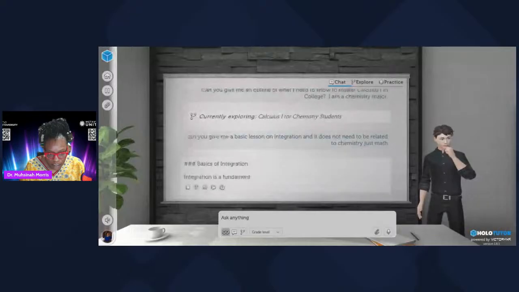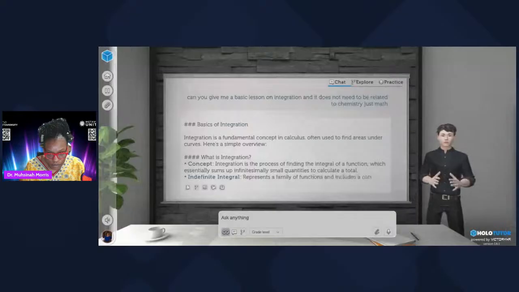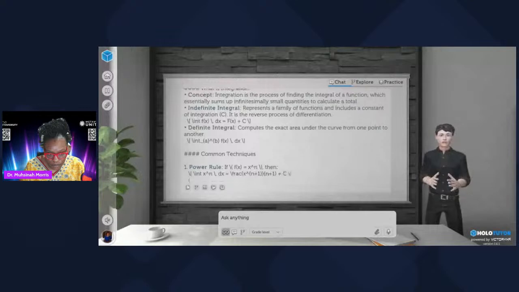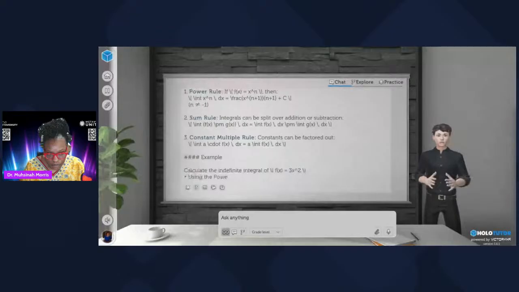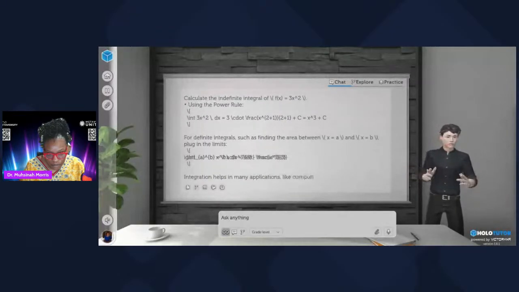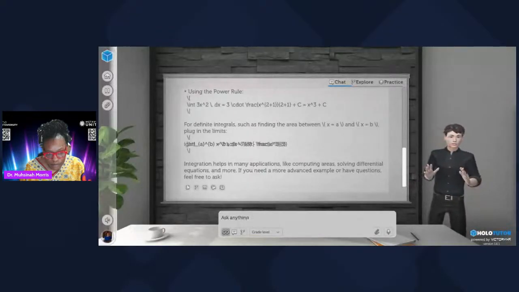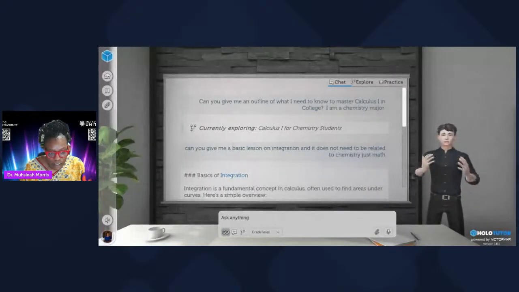Basics of integration. Integration is a fundamental concept in calculus, often used to find areas under curves. Here's a simple overview. What is integration? Concept. Integration is the process of finding the integral of a function, which essentially sums up infinitesimally small quantities to calculate a total. Indefinite integral represents a family of functions and includes a constant of integration, C. It is the reverse process of differentiation. The integral of f of x with respect to x is f of x plus c, where